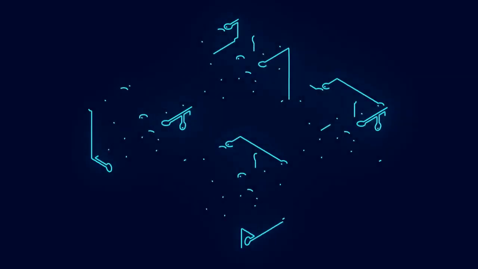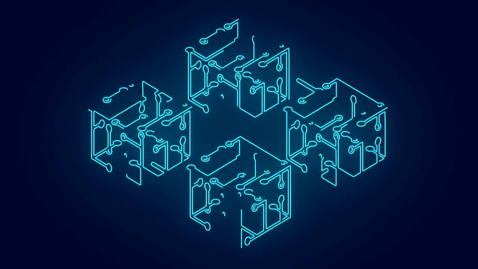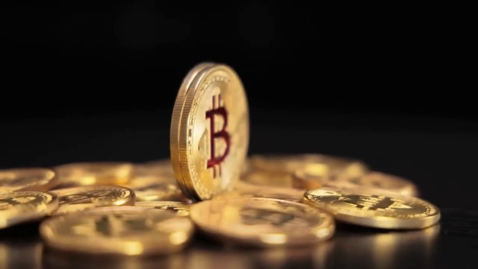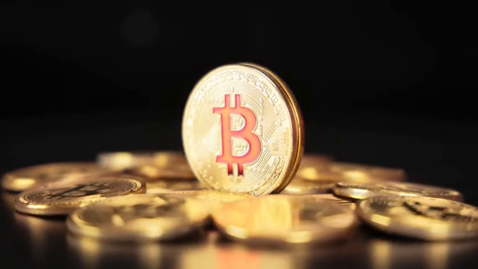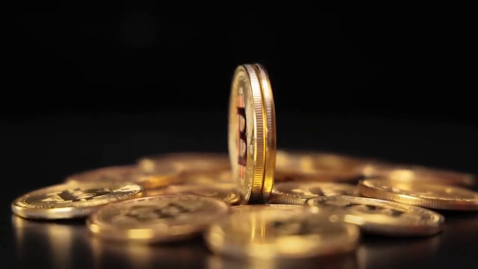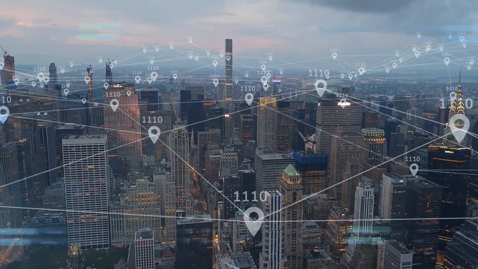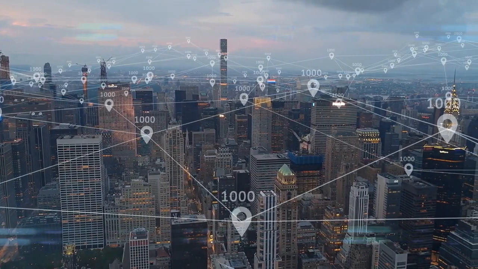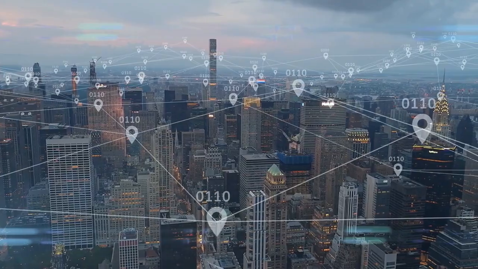Once a miner solves the POW problem, the block is verified by the other nodes in the network and added to the blockchain. Furthermore, the miner who solved the problem is rewarded with an amount of cryptocurrency, such as a certain number of bitcoins or Ethereum. POW was introduced to prevent malicious attacks on the network, such as double spending, and to ensure that the majority of network participants agree on the validity of the transactions.